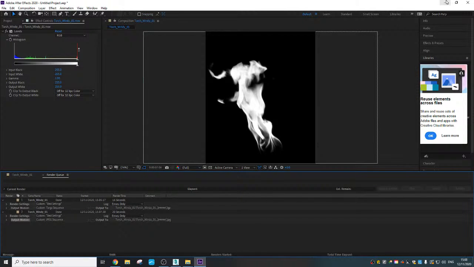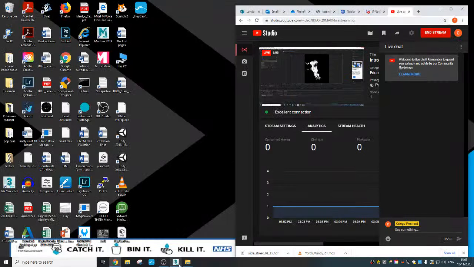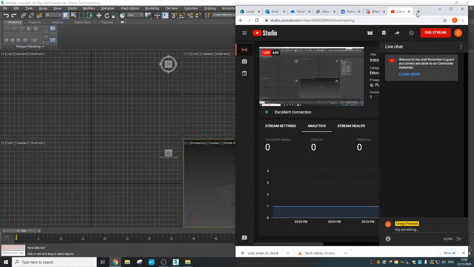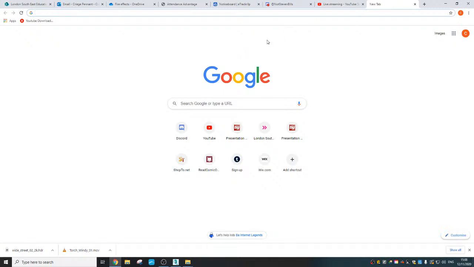Okay, and that is done. Now we are done with After Effects. You can shut it. I am not going to save, whatever. And open up 3ds Max. Alright, so the first thing that I want to do is, I am also going to type in